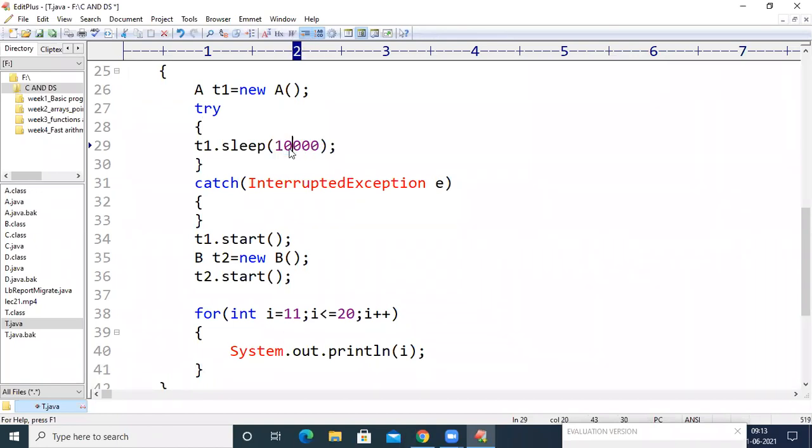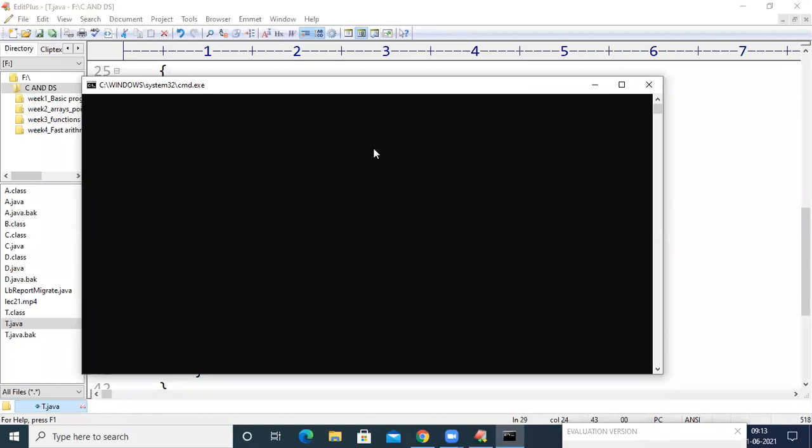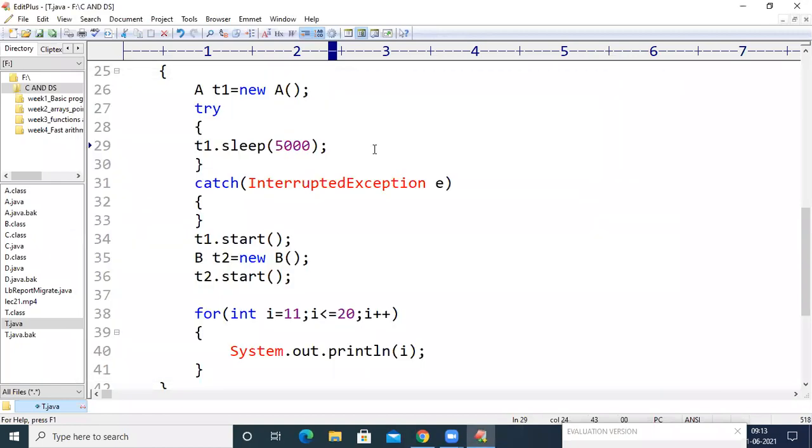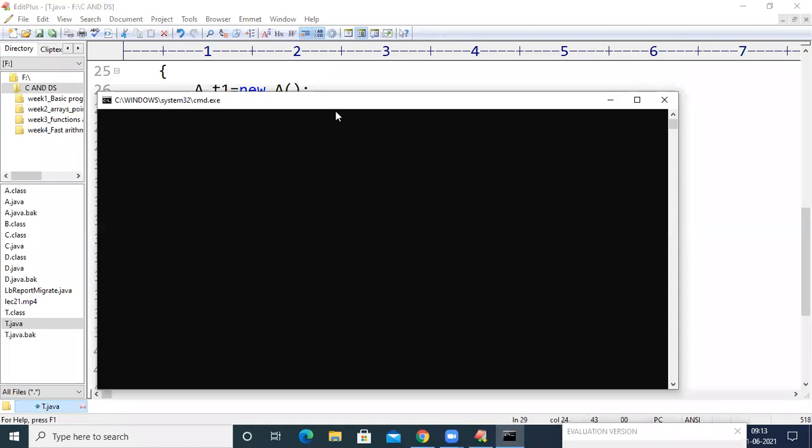Let us take this as 5,000. We are suspending the thread for 5 seconds. It is compiled successfully, and if we run the code,